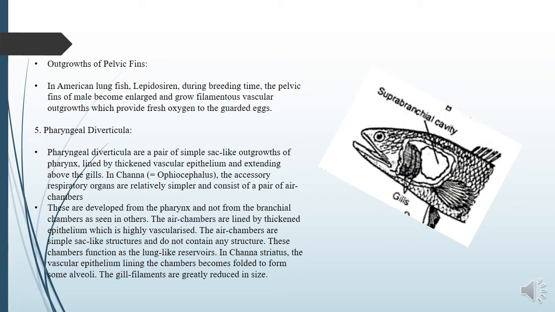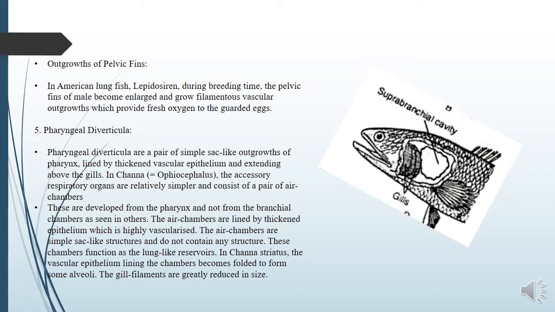In Amphipnous, the air breathing organs are in the form of a pair of sacs located on the lateral side of the head. These are diverticula of the pharynx and are lined with vascular epithelium thrown into folds or ridges. Each sac is provided with an inhalant and an exhalant aperture. It is interesting to note that the pharyngeal diverticulum develops prior to the development of the gills. This is because the fry hatch out in muddy water.